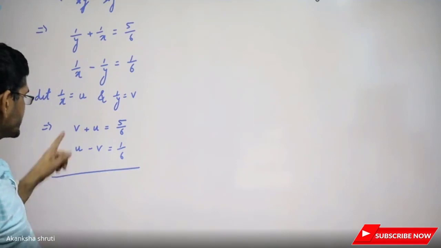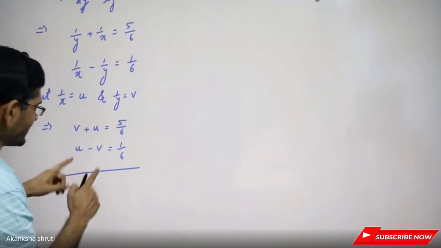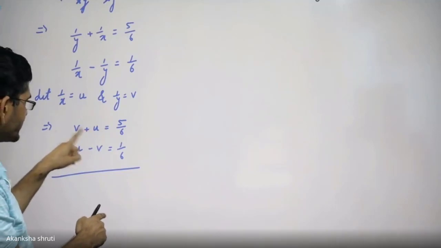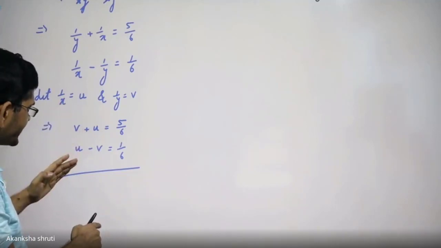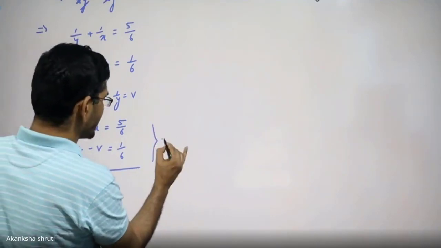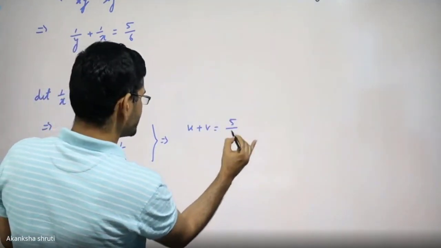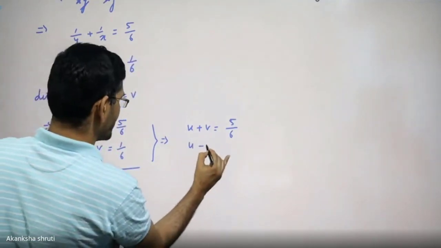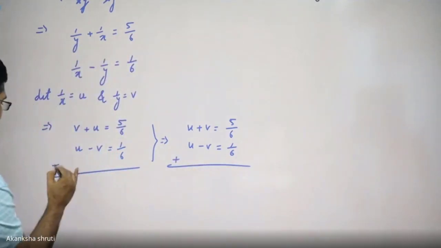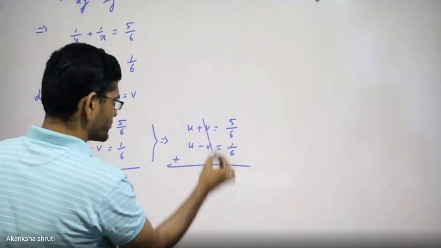Here we are getting that v and v have the opposite sign. So just go for adding. Students, keep in mind, in the second equation, v is the second term, but in the first equation, v is the first term. But even if you are adding here directly, this v will just get cancelled. Or if you have the doubt, you may write in this rearranged form also. So you may write u plus v is equal to 5 by 6, and the next one is already u minus v is 1 by 6. Go for adding. So whether you are adding this or this, it means the same thing, because only the v will get cancelled. They have the same coefficient with opposite signs.